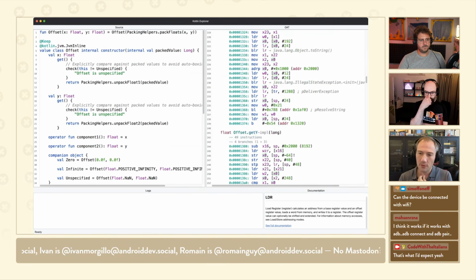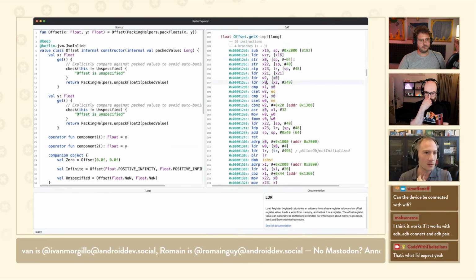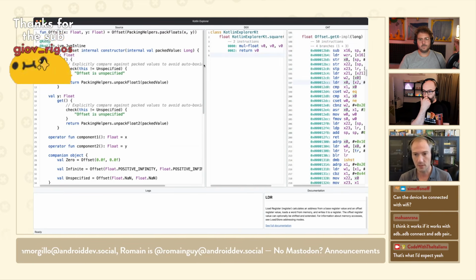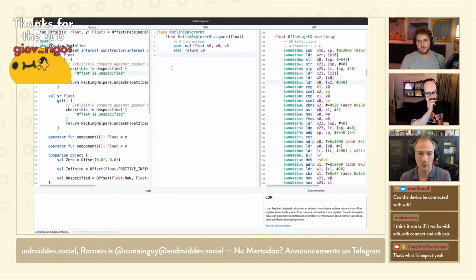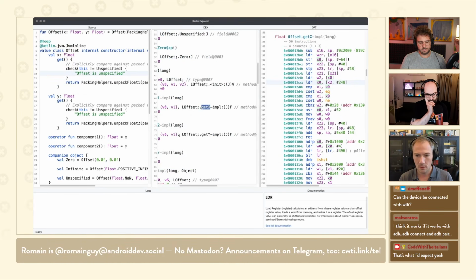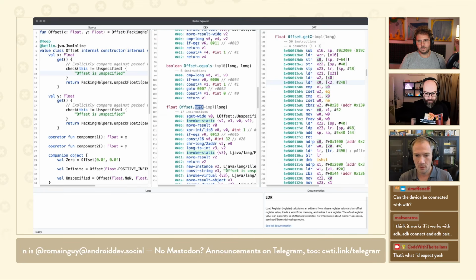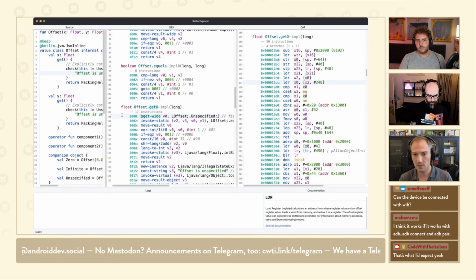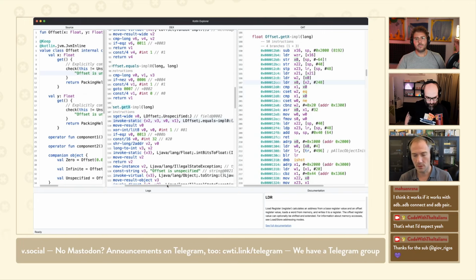Instead, we have all of this. And one of the reasons we have all of this is easier to see in the DEX. So if we recompile this and look at the DEX bytecode, it's going to get a little clearer what's going on. So if we look for getX, okay. First we load the unspecified object, then we call a function that does an equality test.